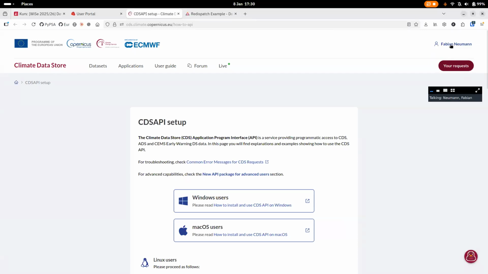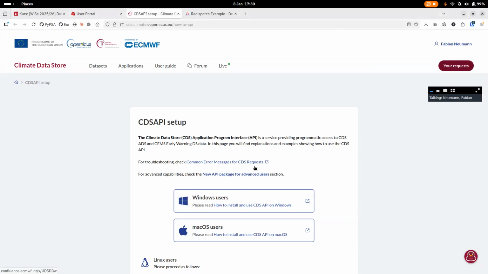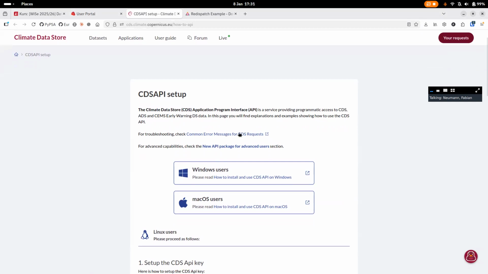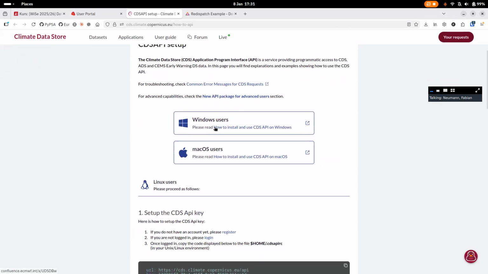So that's a button where currently it already says my name because I'm logged in. It's free, so you can just set up an account, and then you get an API key,